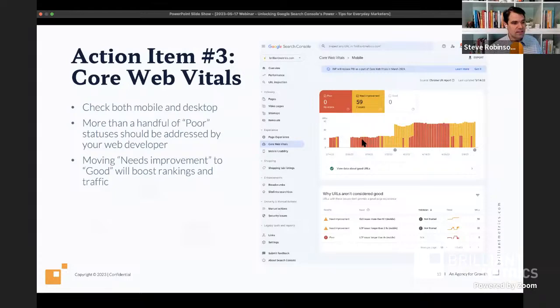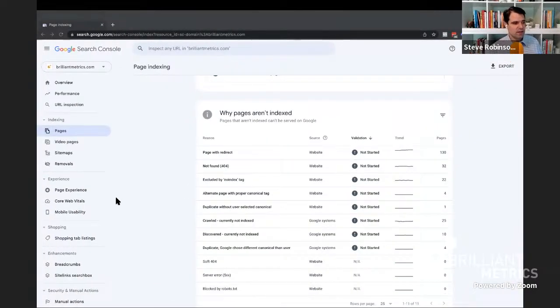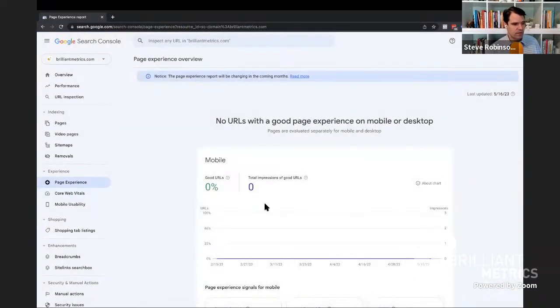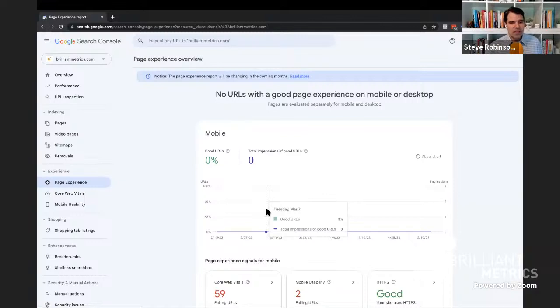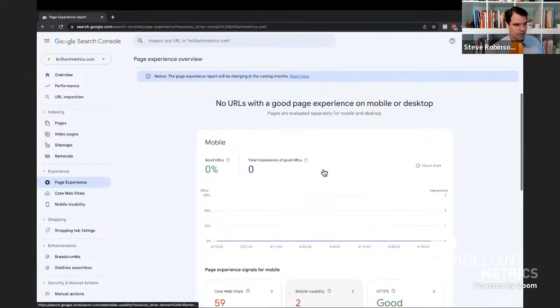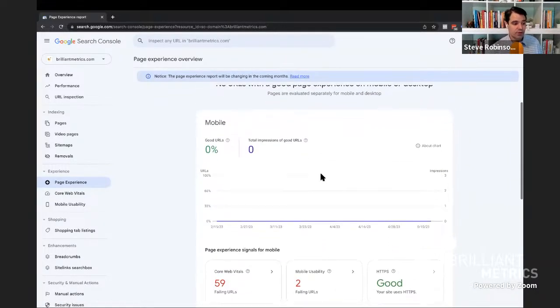So you can see this inside of Google Search Console, and you're going to find that down here under this page experience. Google splits out page experience into two sections, mobile and desktop. Ideally, in a perfect world, all of your URLs are judged as good by Google. Now, I'll be honest, most of our clients, and obviously not us, hit that benchmark of most of our URLs